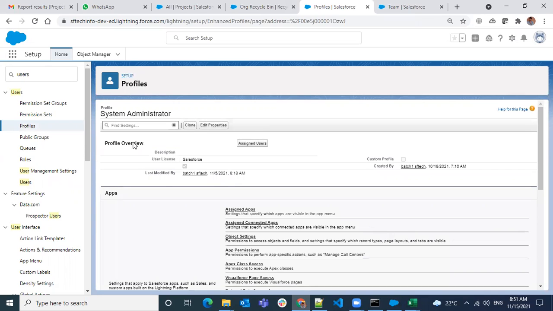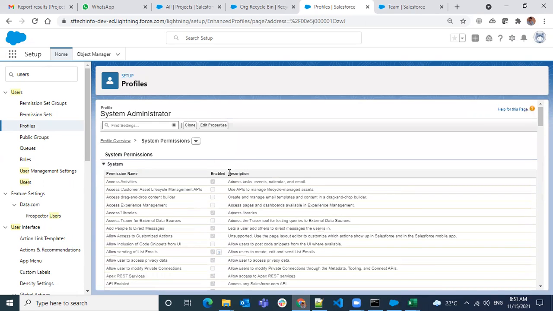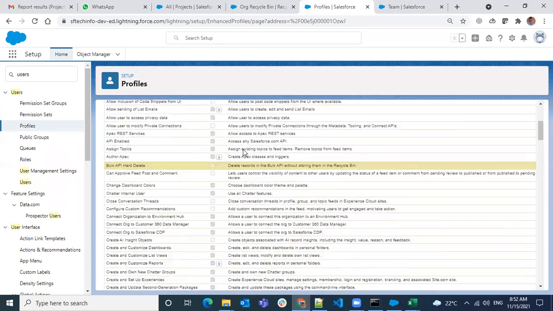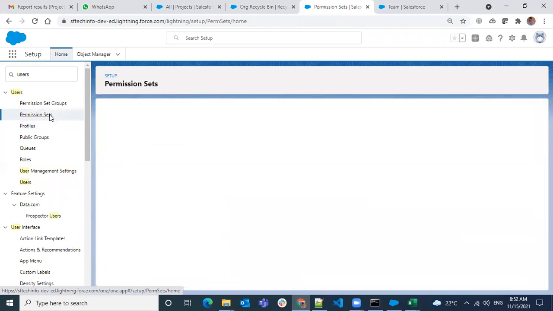Bulk API Hard Delete option. So whether I have permission to do it. This is a standard profile. I cannot edit this one. So let's create a permission set.